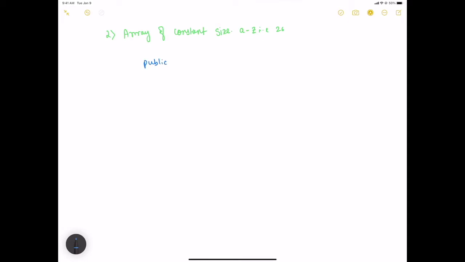Our method signature is public boolean isAnagram with string s and string t. Again, the same condition we will use as we used in the previous method: if s.length is not equal to t.length,